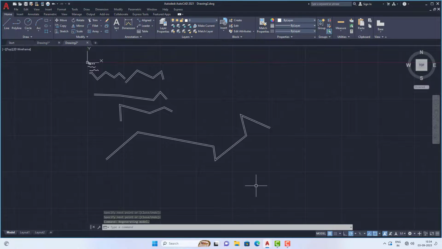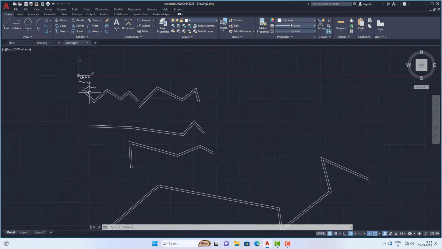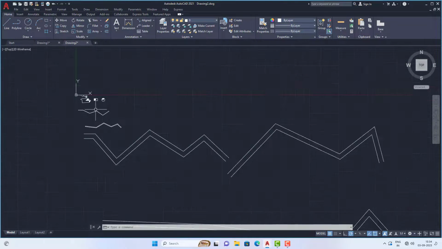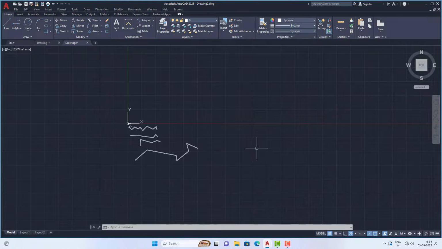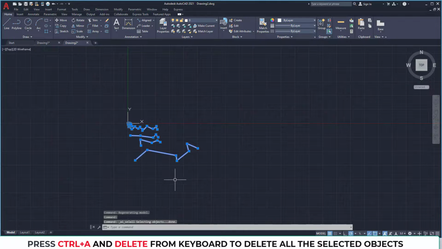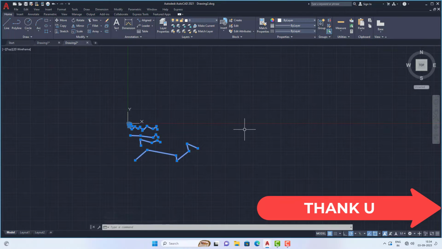And if you need any different styles also, we will create. See, like this we will use the solid option and multi-line options. Control A to select each object on the screen. Press delete to erase everything on the